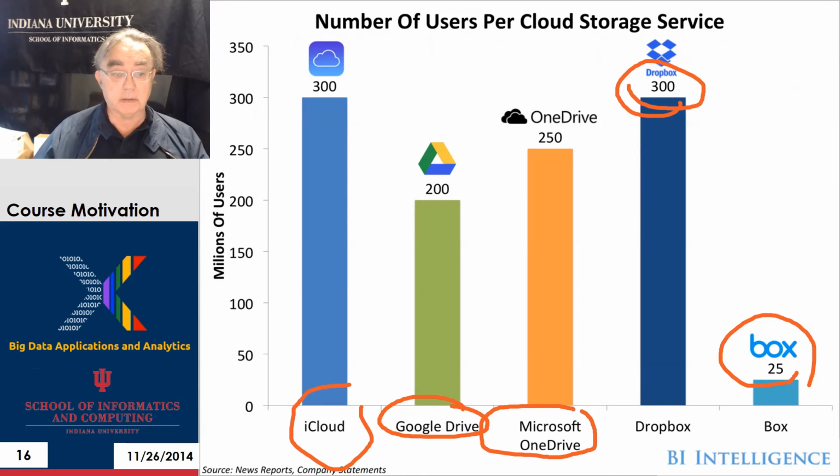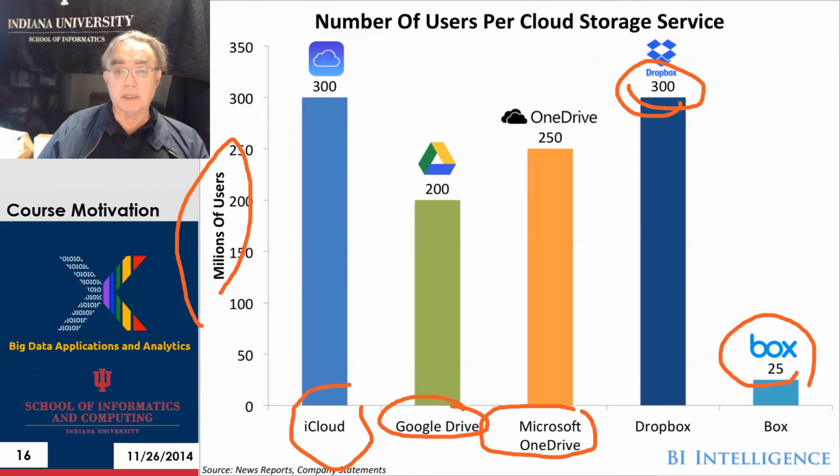And these numbers of users are quite healthy. Dropbox has 300 million users, competitive with Apple and Google and Microsoft are in the same broad category. So this shows we have several viable cloud storage services, all with 200 to 300 million users. Pretty interesting. So that's the end of this